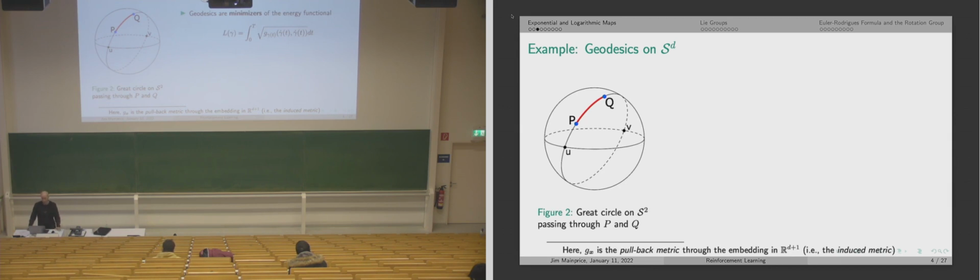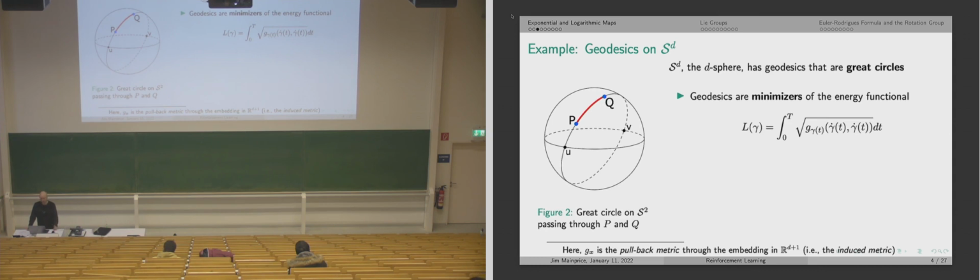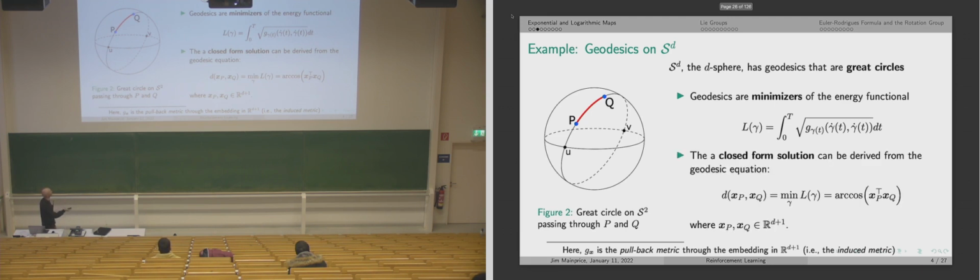But coming back to before the break, a geodesic is a minimizer of the energy function, and the energy function includes the metric tensor, the Riemannian metric tensor. So we do have a closed form for the geodesic distance between P and Q, if you're just considering this spherical manifold,